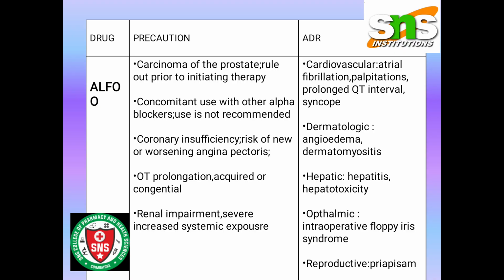QT prolongation, acquired or congenital. Severe renal impairment: increased systemic exposure. And coming to the ADRs: cardiovascular: atrial fibrillation, palpitations, prolonged QT interval, syncope; dermatologic: angioedema, dermatomyositis; hepatic: hepatitis and hepatotoxicity; ophthalmic: intraoperative floppy iris syndrome;